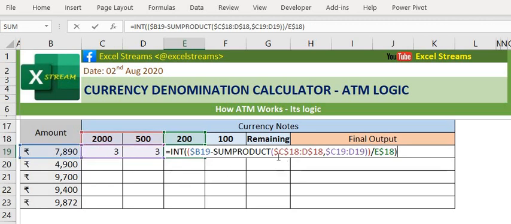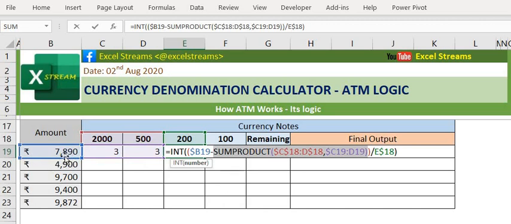Okay. So what we have done, we have taken this, which is C18 to D18, which is C18 to D18. And it will multiply with this into this. So whatever result we got from this formula, which is 6,000 and 1,500, so 7,500, it will subtract 7,500 from this cell.